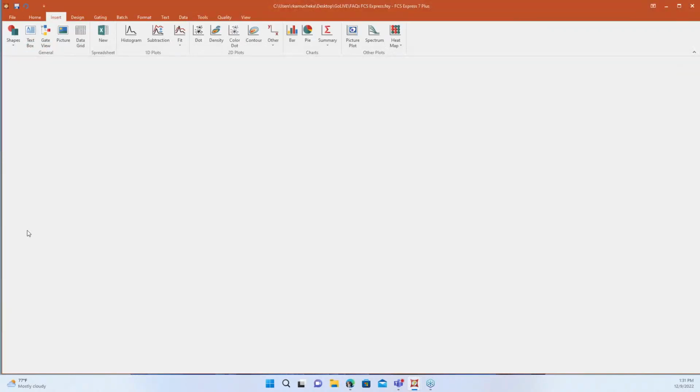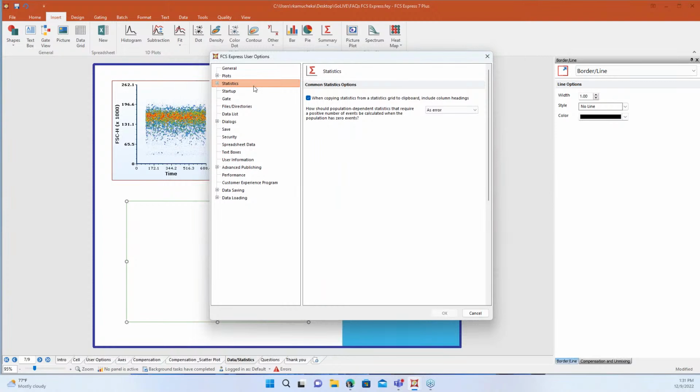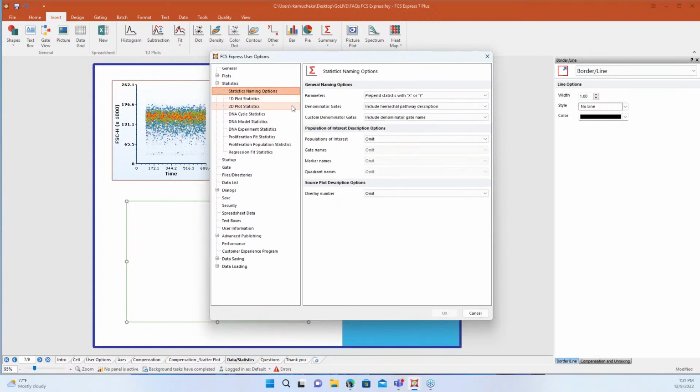So going back to those user options again, on our statistics here, if we expand this, we have some statistic naming options. This is the default, what you would see if you open this up. You can customize this. There are drop-down options, and you can specify how you want your statistics to look when you're reporting them out. So if you did see something change between your last version and now, this is likely where that change occurred. With this customization and more flexibility to get more information about those gates out into reportables, we have changed how we approached that.